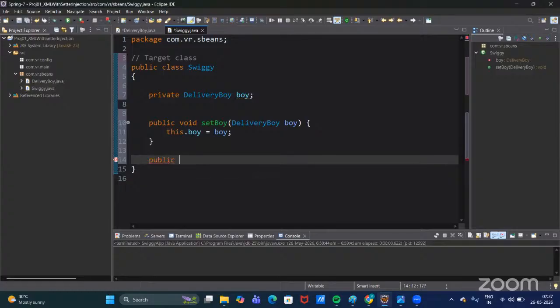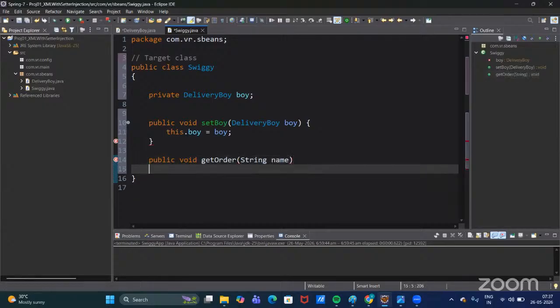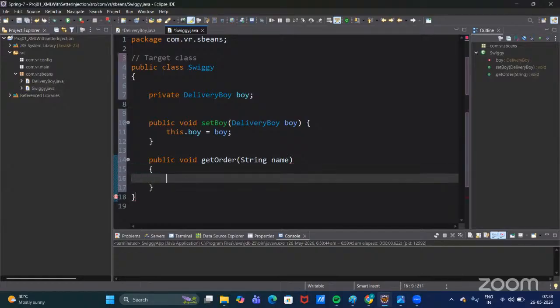For that purpose I've created one method, public void getOrder. The method name is called getOrder. The customer name must also be required, because who will place the order? Swiggy knows about the customer details like customer name and customer ID. That is the reason the customer name is also required. So I've taken a parameter, String name. Okay. See here, after that,